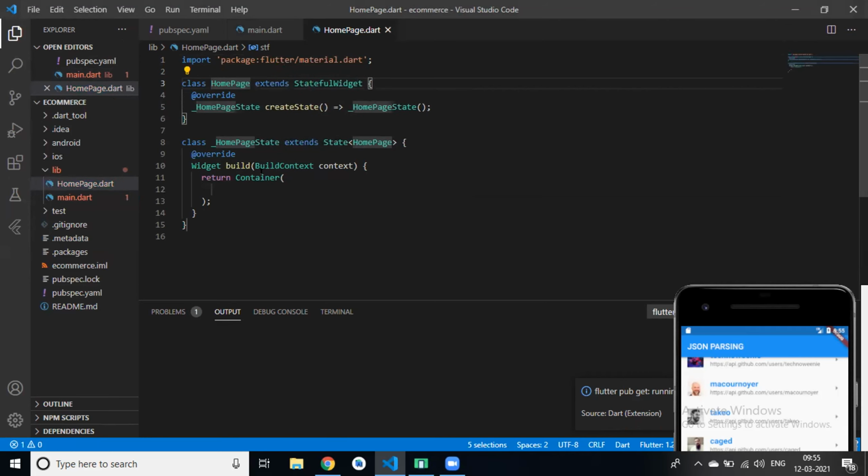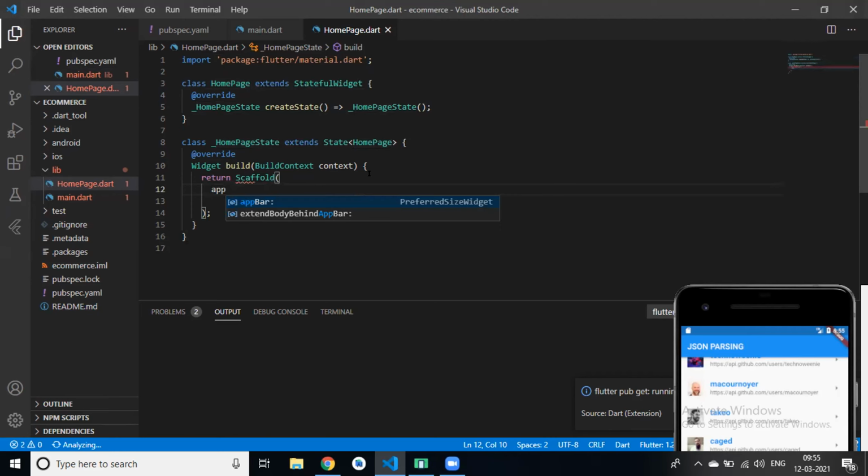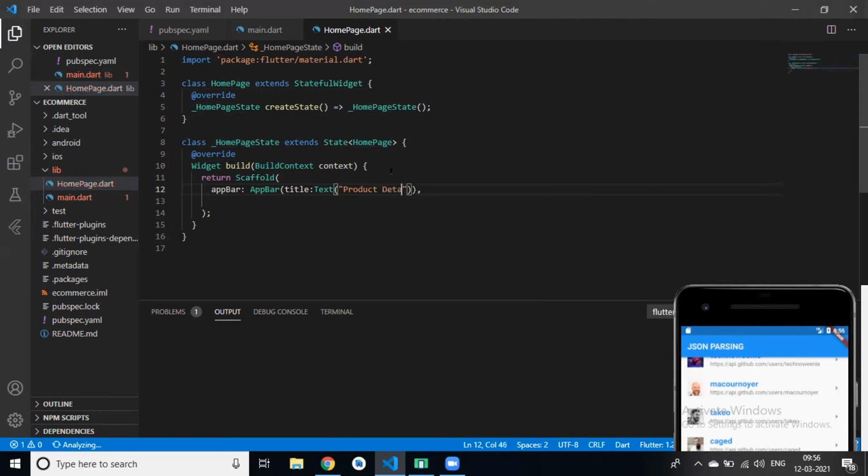So we have a scaffold, we have an app bar, and in this we have a title, then text, product details. Then we have a body.